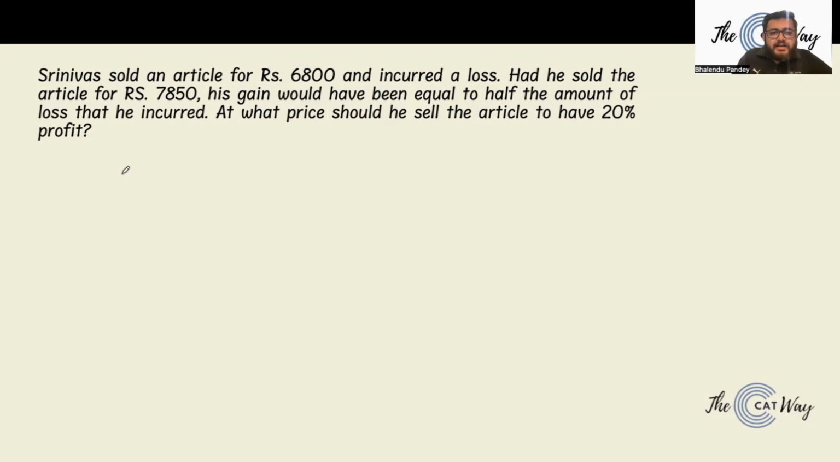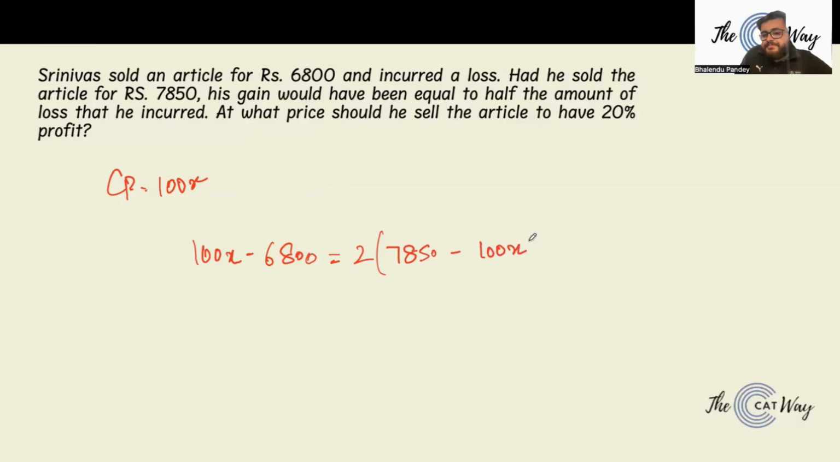So let's say that my cost price is nothing but 100x. So the loss value at 6,800 is what? Cost price minus selling price. This is the loss value, right? And this loss value is double the profit value. The profit is half, so loss is double, right? So this loss value is equal to double the profit value, and my profit value is 7,850 minus 100x. Correct? So what do you get? 100x minus 6,800 is equal to